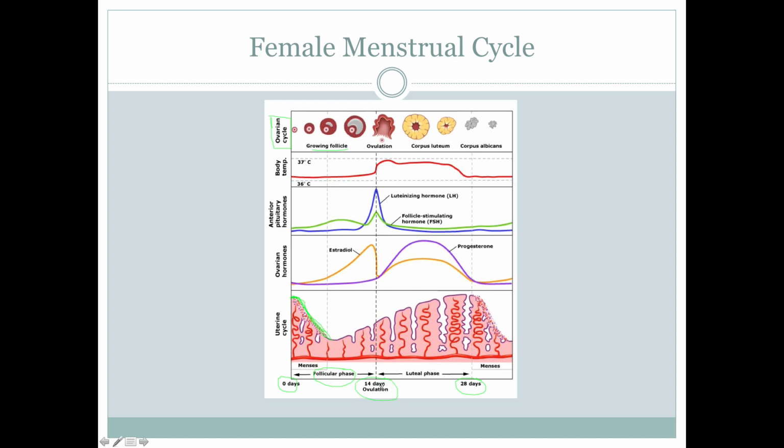So what they did is just divide this in half. They're saying that 28 days is a full cycle, so clearly halfway in between should be when there's ovulation. So the follicle gets big and then the dominant follicle is ovulated. See here, this is the follicle, and then here is just the oocyte or egg cell. So the egg will go out and do what it needs to do.